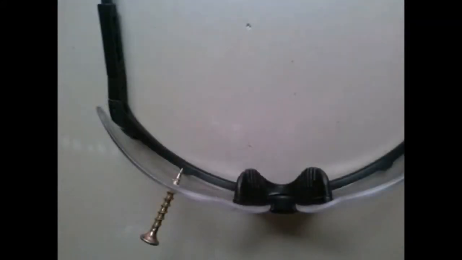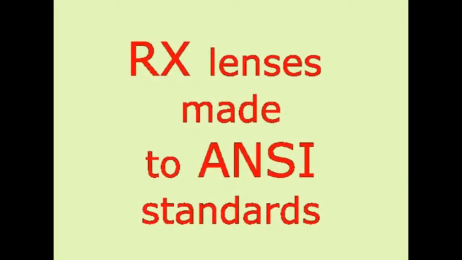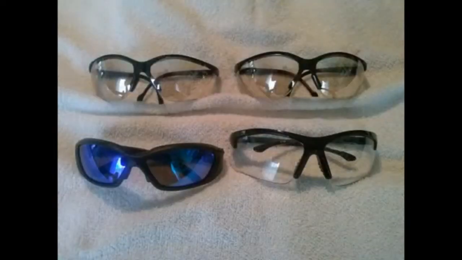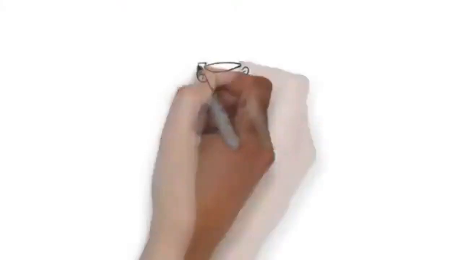Choose safety glasses that meet universal standards for proper eye protection. For example, OSHA requires protective eyewear in the United States to meet the minimum standards established by the American National Standards Institute, or ANSI. If you already wear glasses, your prescription lenses can be made to ANSI standards. Most safety eyewear also blocks damaging UV rays, and you can get safety eyewear for indoors or outdoors, and you can even get ones that are bifocal with varying degrees of magnification.